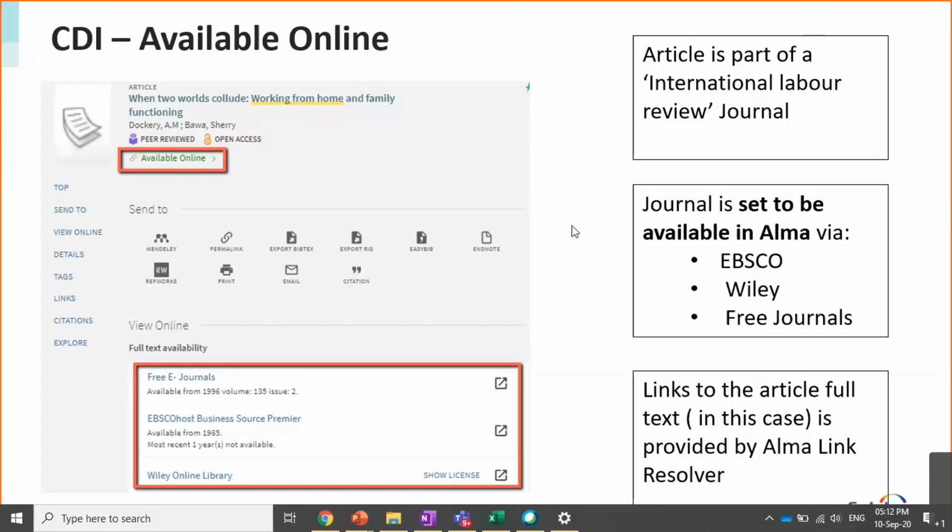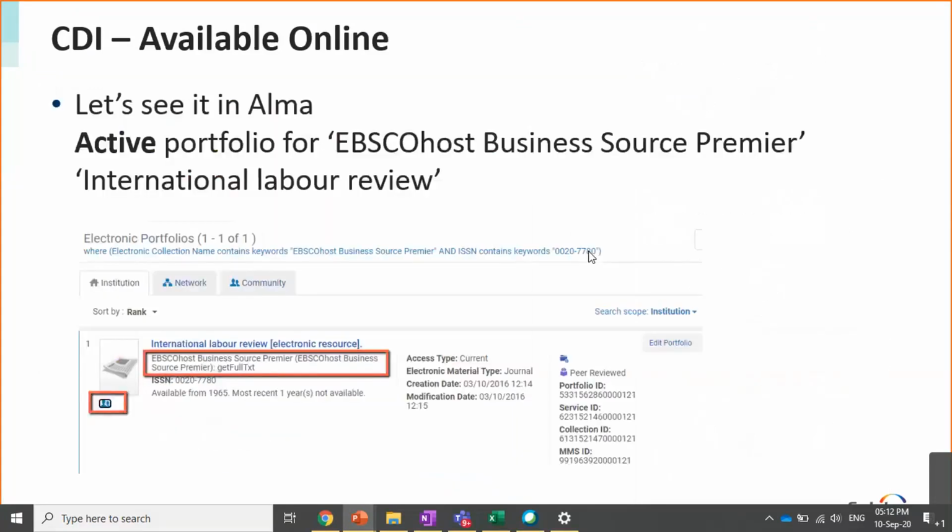If I search in Alma for International Labor Review, this is the journal that we're talking about, right? The article that I looked up belongs to the International Labor Review. If I search for it, I can see that it is part of the EBSCOhost Business Source Premier collection in Alma. You can see that the portfolio is active, through the icon of the community zone, which is blue, meaning that this portfolio is active in Alma.